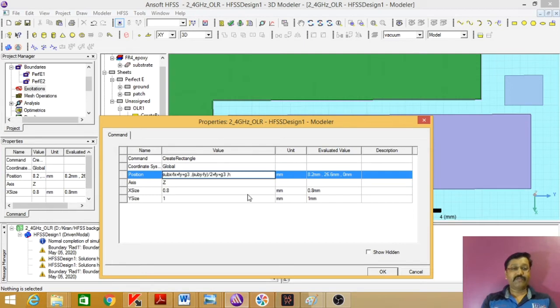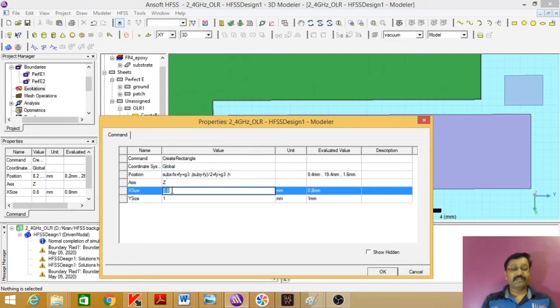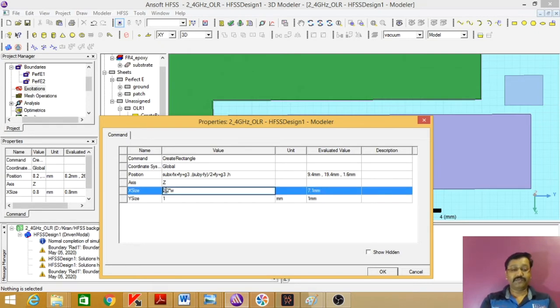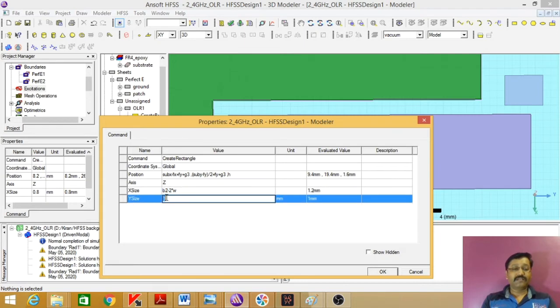Then control V. Now x size is A2 minus 2 into W, and sorry, this is B2, and this will be A2 minus 2 into W. I will say okay.